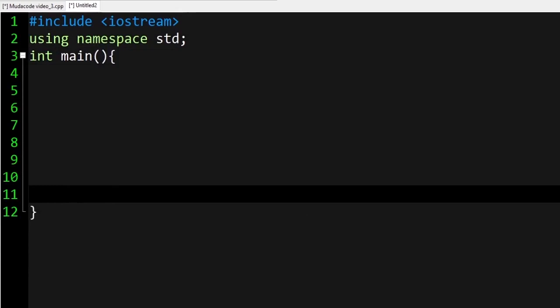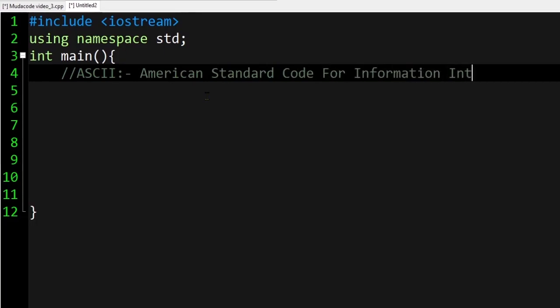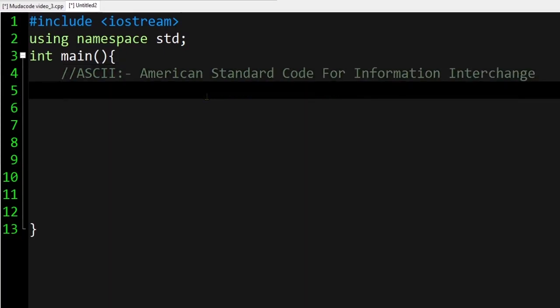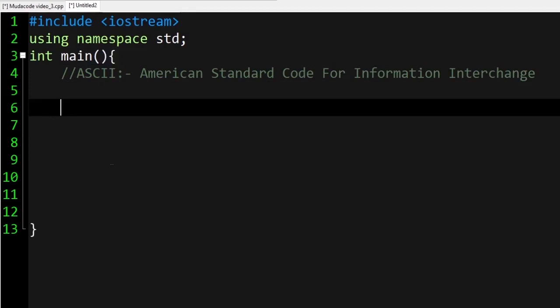In this place now, we're just going to see the ASCII code. We've discussed how to use the cin and then the variable's name, and this one is just how the ASCII code works. The ASCII, which stands for American Standard Code for Information Interchange, is a way in which our computer represents